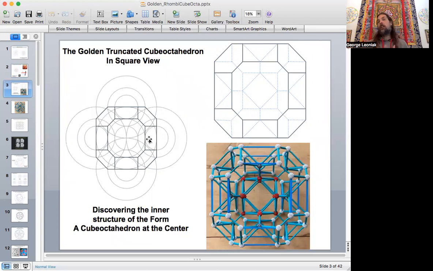So, of course, I always love to see what information can be revealed in a form when I switch the perspective in the view. And I put it back into square view. And this, of course, also nicely lines up with the golden circle version of the seed of life in the square view. And what I like to do in this view is easier to see the inner structure of the